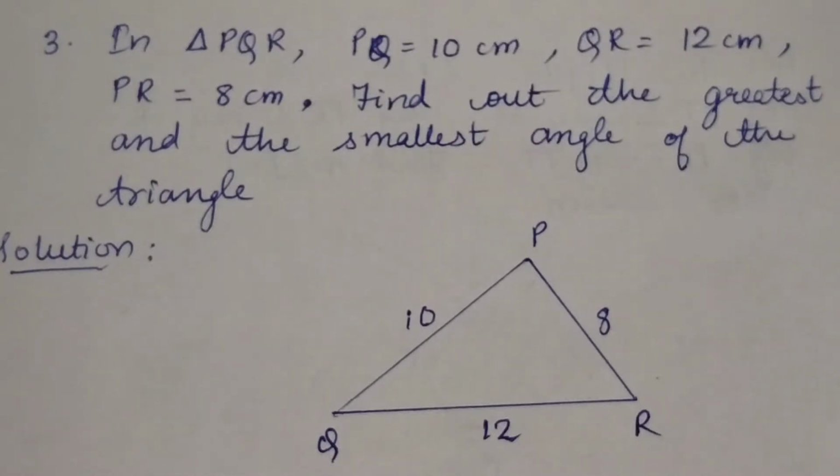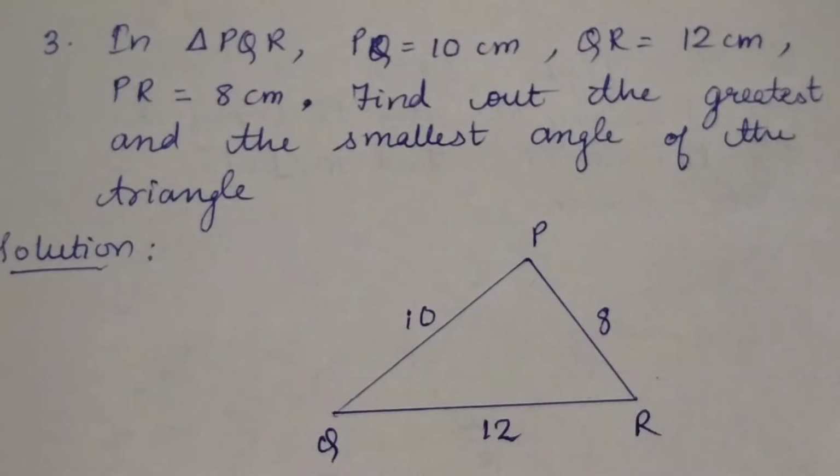Children, just look at the figure in front of you. The triangle PQR, and observe the lengths of the sides. The lengths of the sides are 10, 8 and 12. Yes, they are not equal. Inequality is there, right? So when you have a triangle with the lengths given to you, you can automatically find out the smallest and the largest angle. Whenever the lengths of the sides are given in any triangle, you can easily find the smallest and the greatest angle of the triangle.